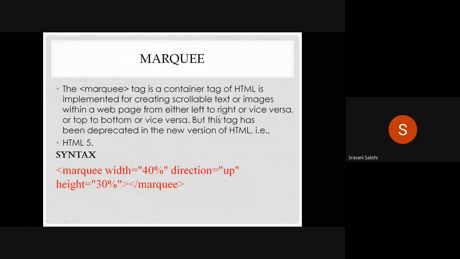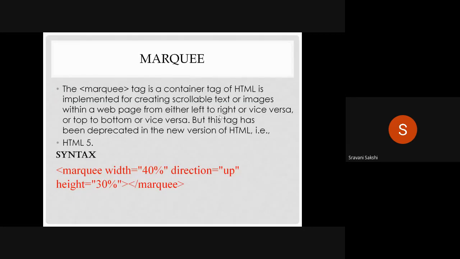Okay, next, mark. So the mark tag is implemented to create a scrollable text, meaning text or an image that moves, scrolls. We use the mark tag for scrolling. From where to where do they scroll? It may be from left to right or right to left, top to bottom or bottom to top, like that, in any direction you can define the mark of that particular text.